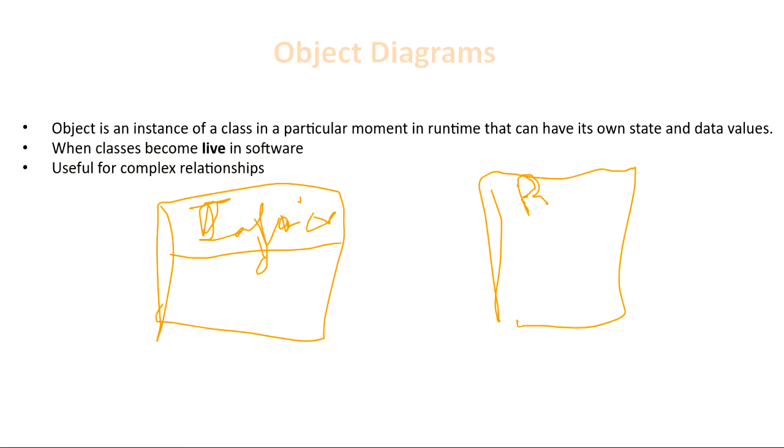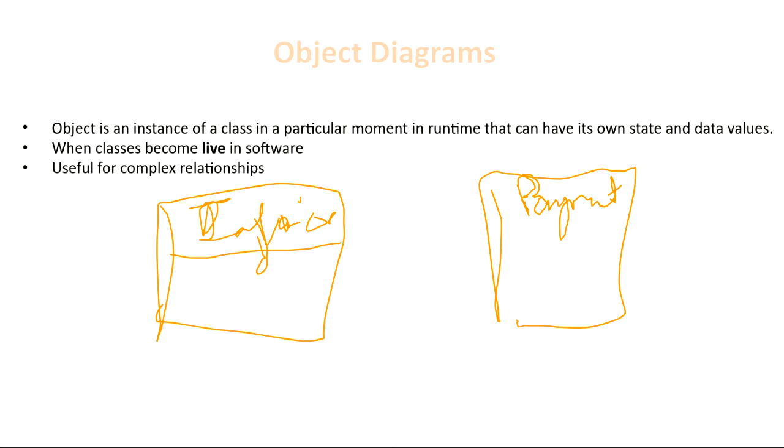You have another class known as payment. So what is a class? Class is a static structure. This is the static word which we have been using from the very beginning, that a class diagram is nothing but the static architecture of a system. That also means the fixed architecture of your system.